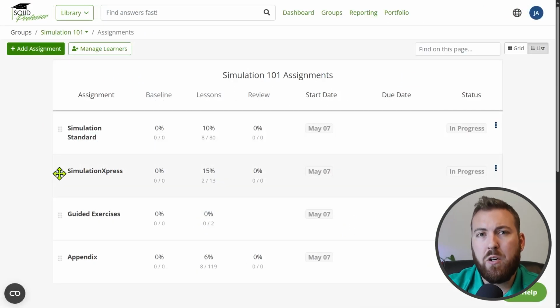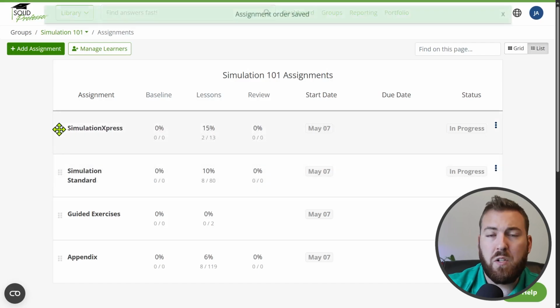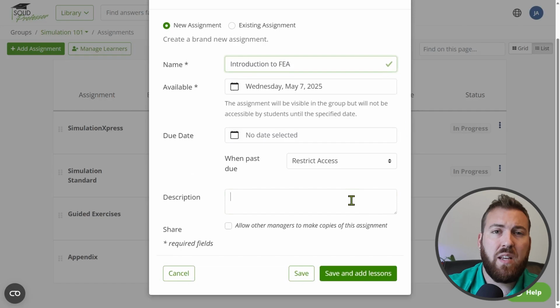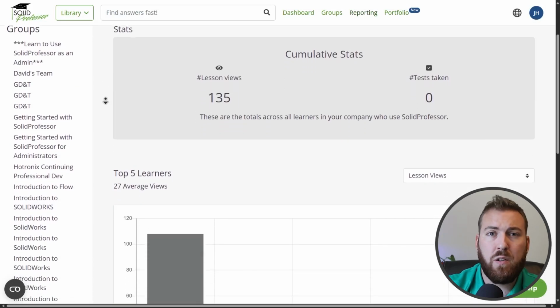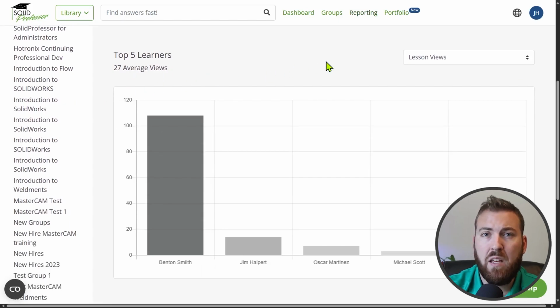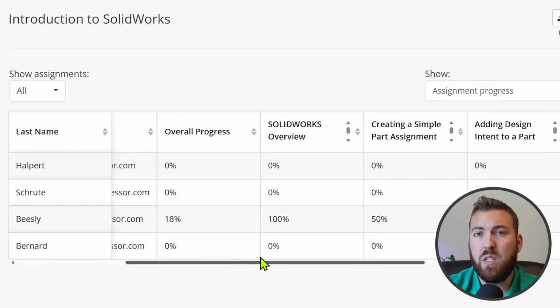If you're a team manager or an administrator, SolidProfessor offers a powerful set of admin tools for creating groups, designing custom lesson plans, and reviewing the performance and participation of team members through reports. These tools allow you to keep progress on track and ensure that your various teams are receiving the most effective